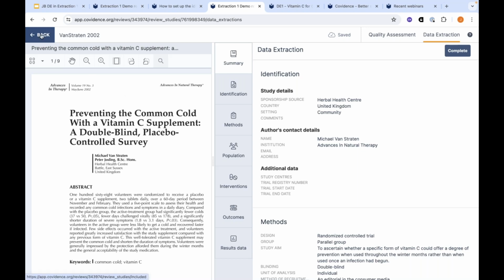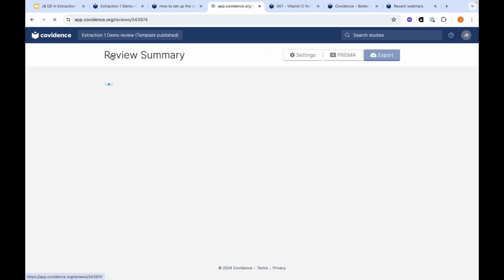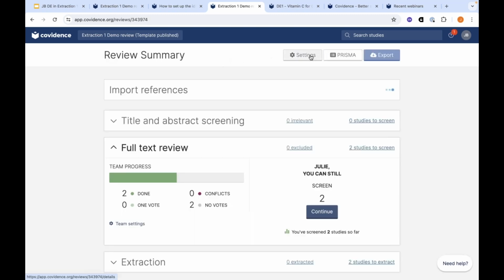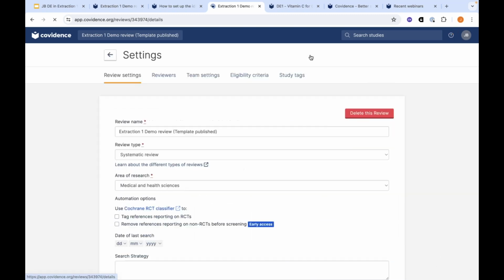So I'm just going to go back to my review settings. So if you want to make changes to the data extraction form, you need to make changes to the template. And the only person who can make changes there is the template creator, unless you come to the team settings,